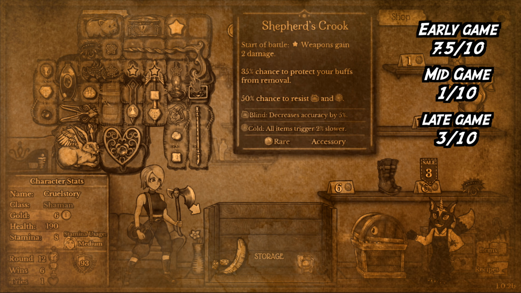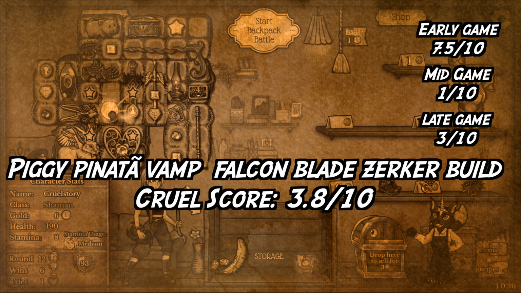That brings our Piggy Piñata Vamp Falcon BLADE Zerker build to a cruel score of